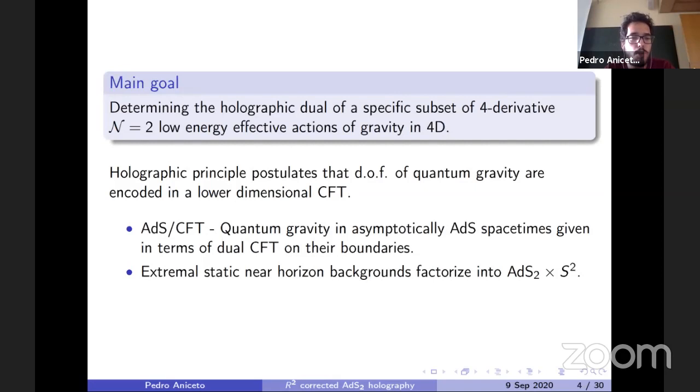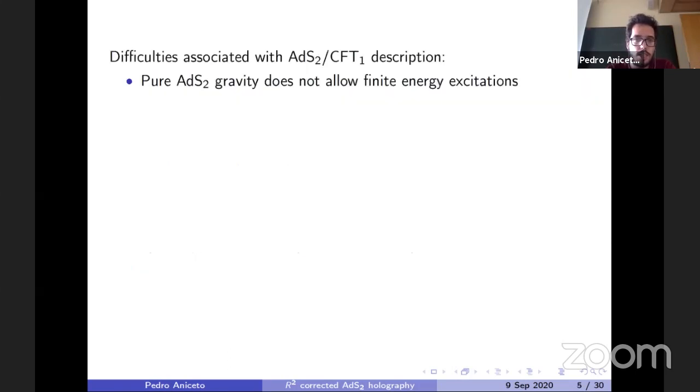at the end of the day, of course, on extremal static near horizon backgrounds, because these are the ones that would factorize into AdS2 times S2. So the theory, sorry, before that, AdS2 holography has certain difficulties associated with its description. Chief among them towards our work has to do with the fact that pure AdS2 gravity does not allow finite energy excitations. One way to circumvent this problem is